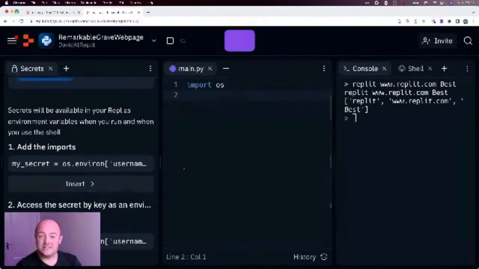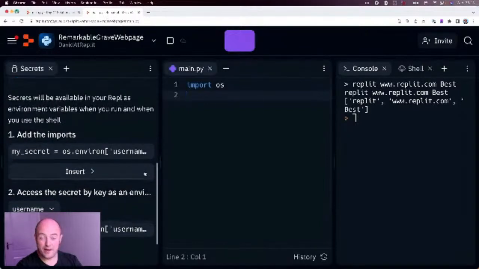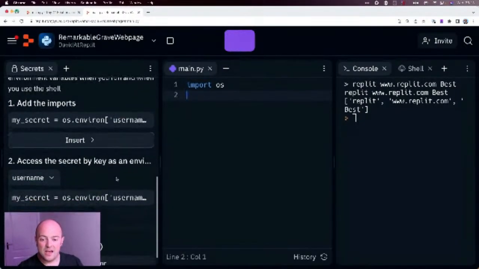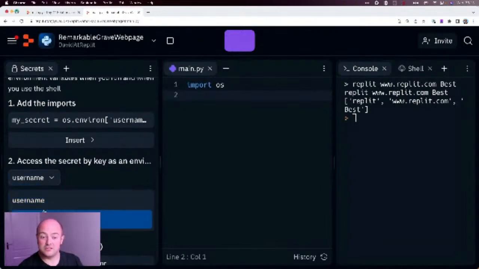And OS is a really important library to know about, which is why we've looked at it. I know we've only really looked at it in 100 Days of Code for clearing the screen and making sure there was nothing on there at the moment, but we do go into it in a bit more detail later on. And then to access a specific secret, we can just use this drop-down to pick it,